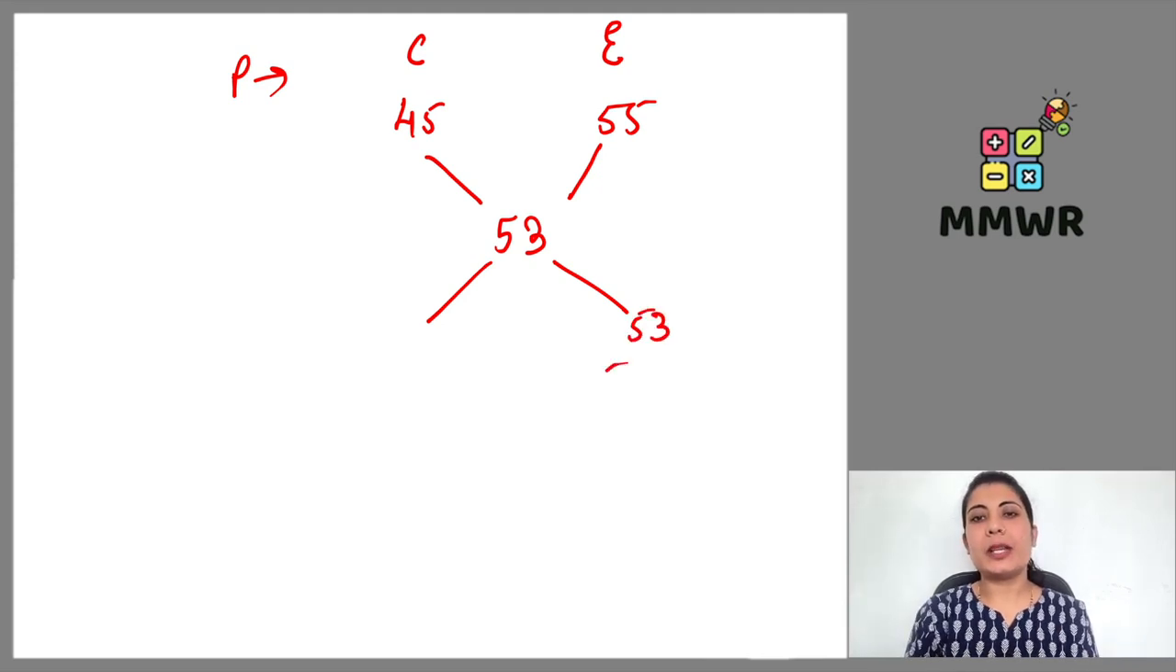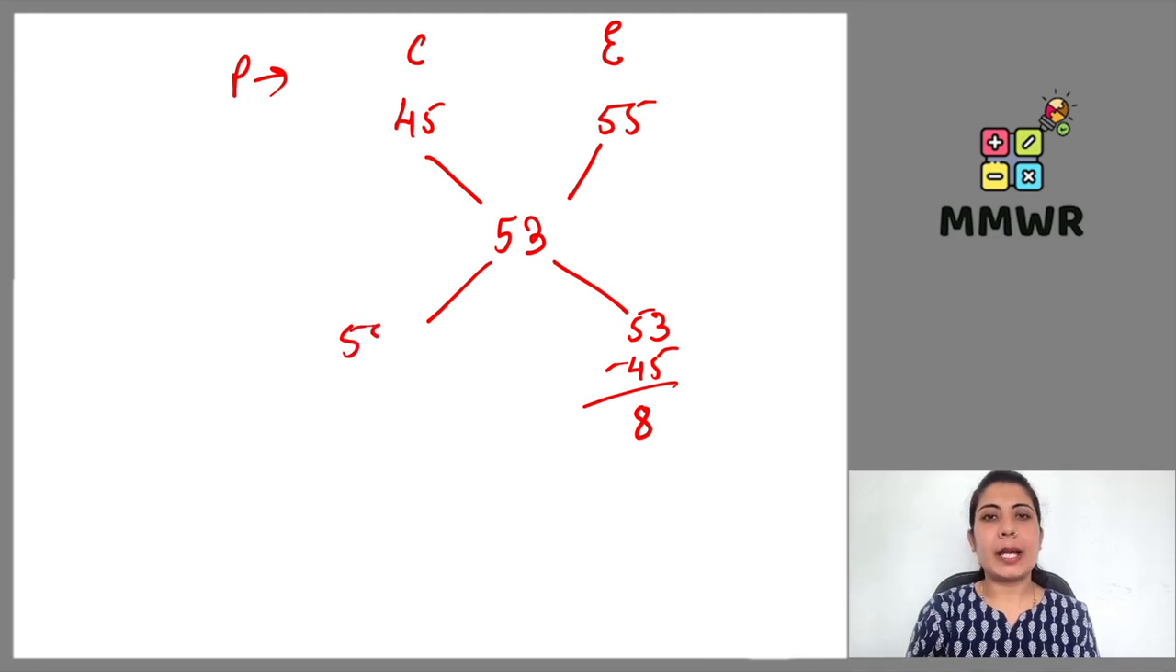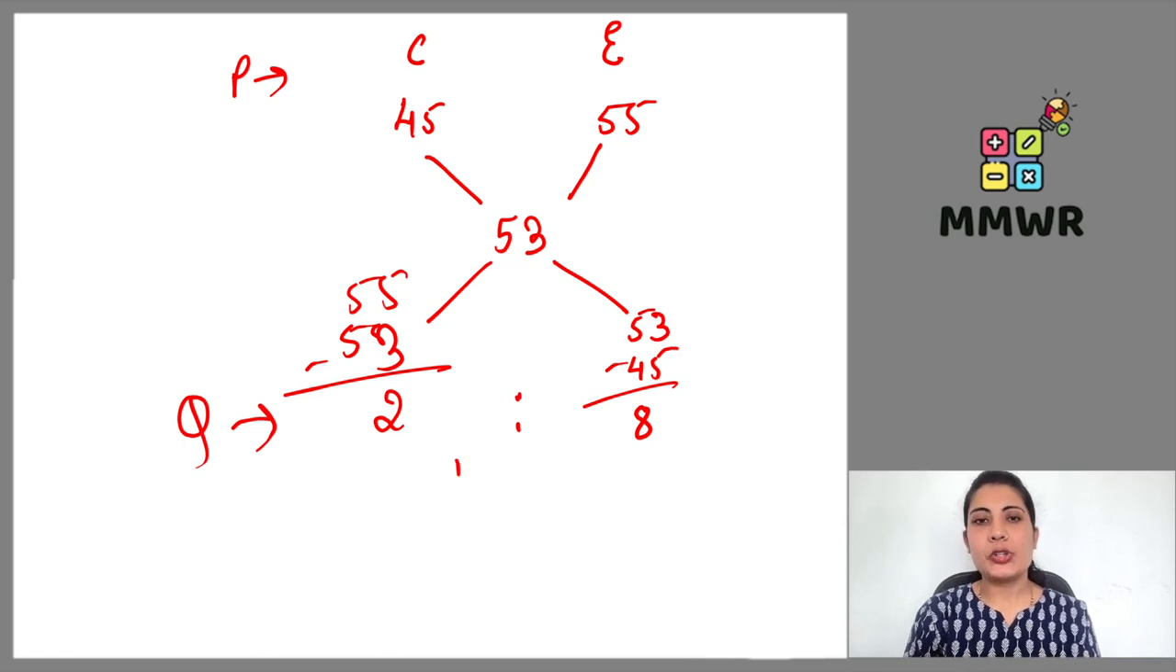So this gives me 53 minus 45, which is 8 here, and this gives me 55 minus 53, which is 2 here. When we take the ratio, this will be the ratio of their quantity. So 1:4. That means if 1 kg of the cheaper one we have taken, of the expensive one we will be taking 4